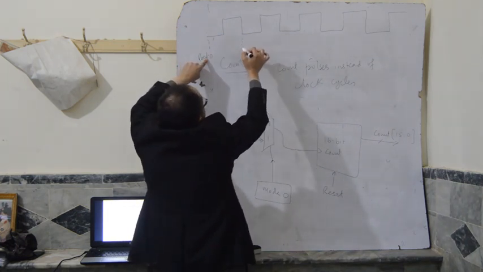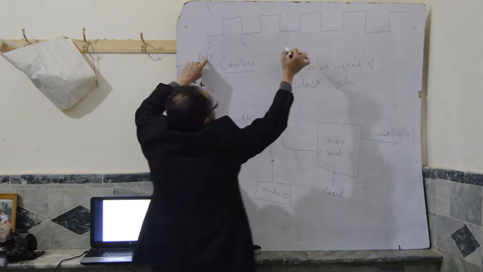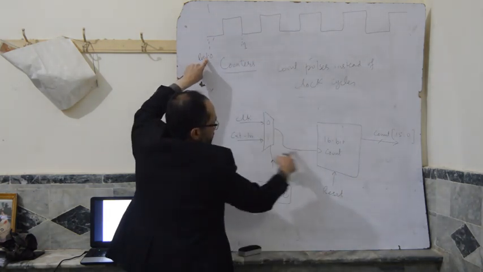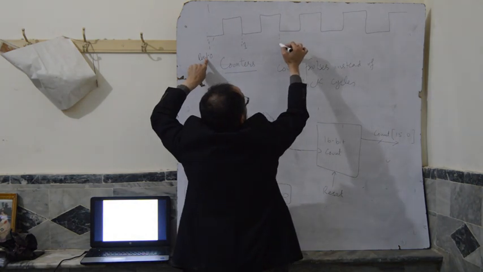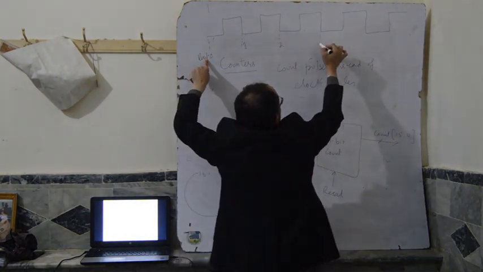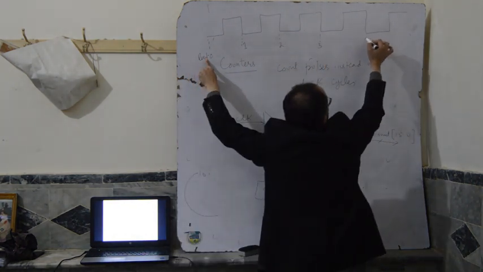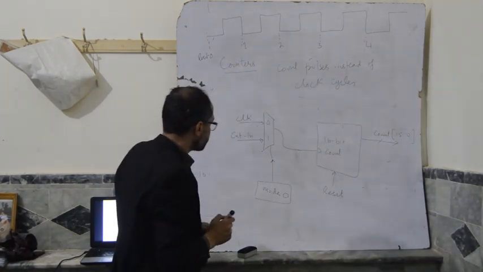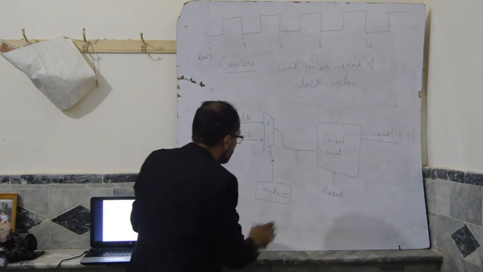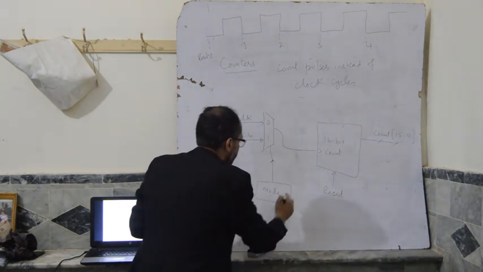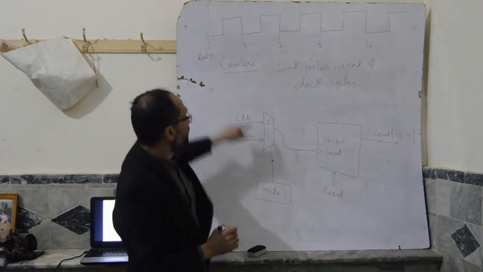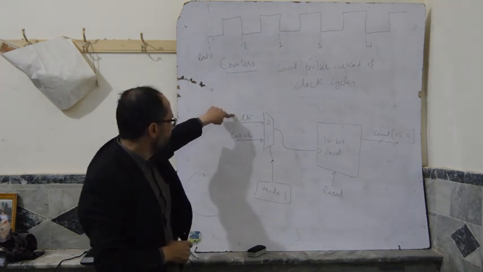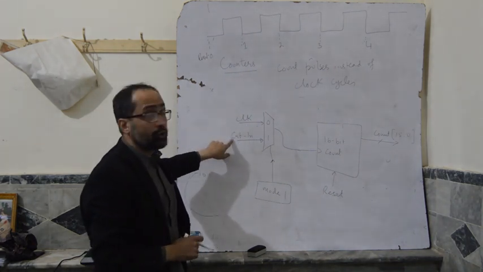At this point, the count value will be 1 because it is counting the clock. At this point, the count will be 2, and at this point, the count will be 3. At this point, the count will be 4, and so forth. If you change the mode to 1, instead of counting the clock signal, it is counting